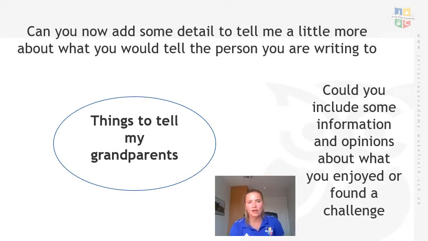Now I'd like you to have a go at adding some extra detail. You've got the basic bullet points of what you might want to tell your grandparents, family or friends. Now add a little more detail, thinking about exactly what you will tell the person. For example, you might have put "gardening". Now add a bit more and tell your grandparents exactly what you've been gardening: I've been growing sunflowers from planting sunflower seeds in the garden. So go and add a little bit of extra detail.